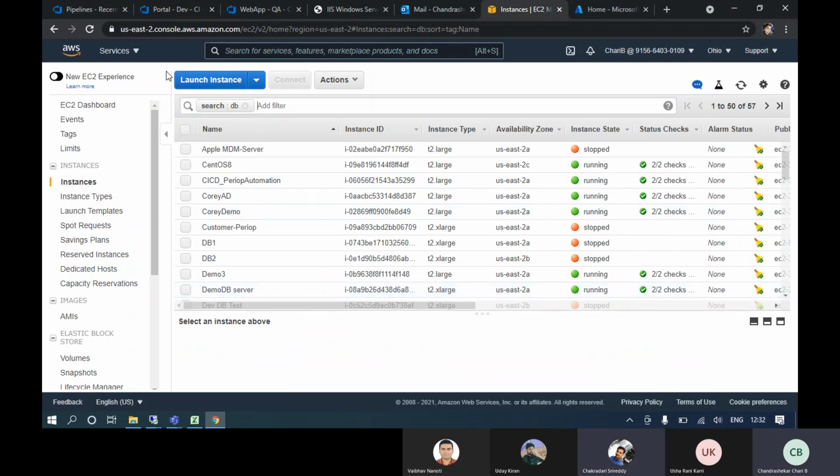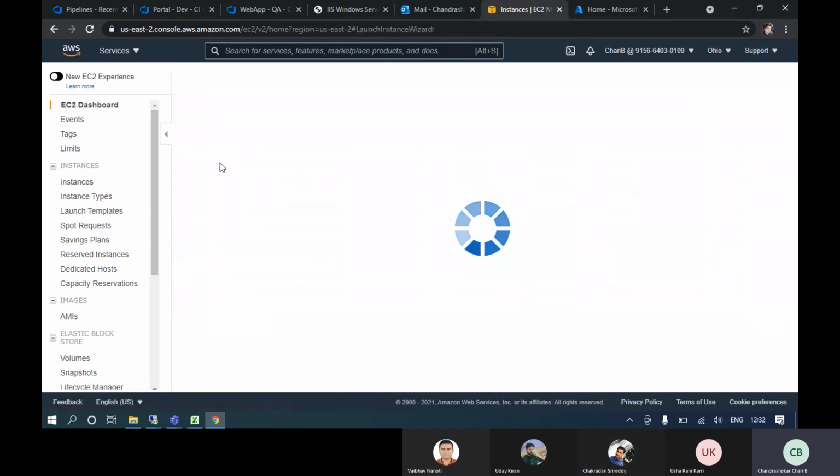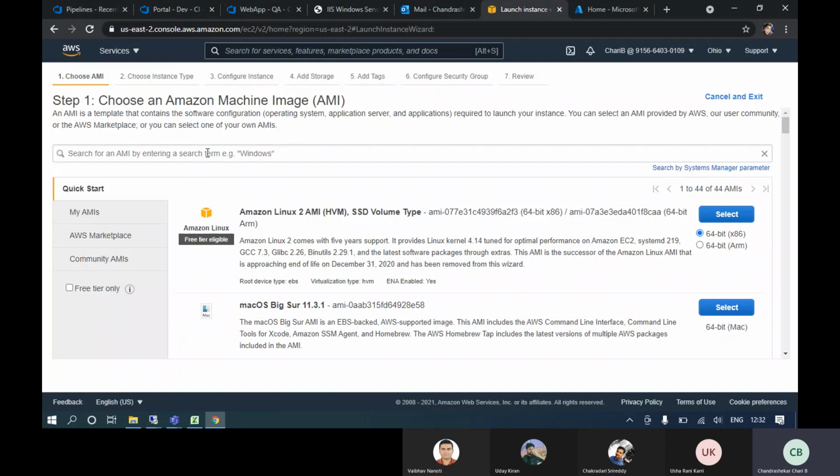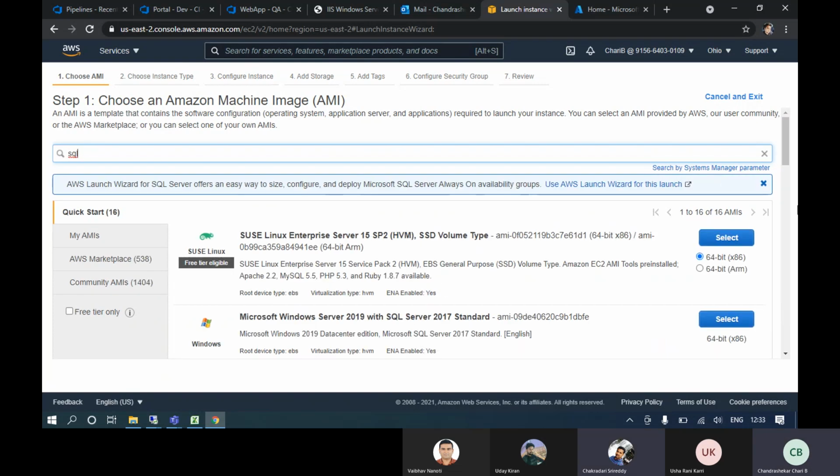If you launch any instance, Microsoft, Uday and Chakravarti, you can see.